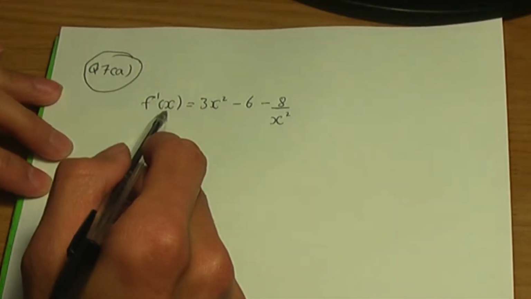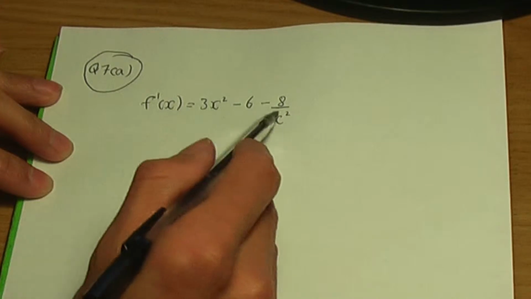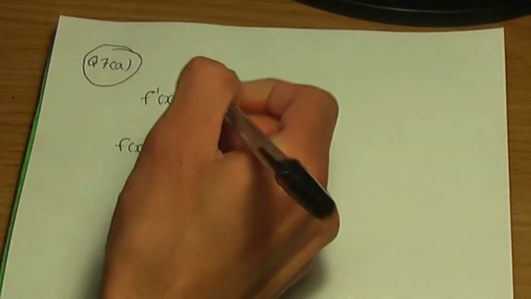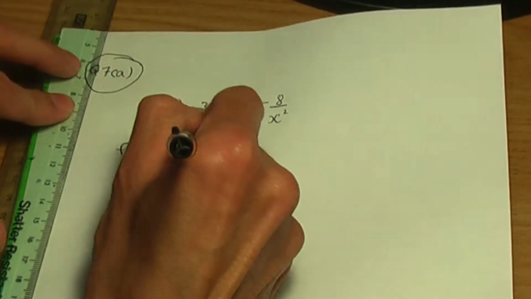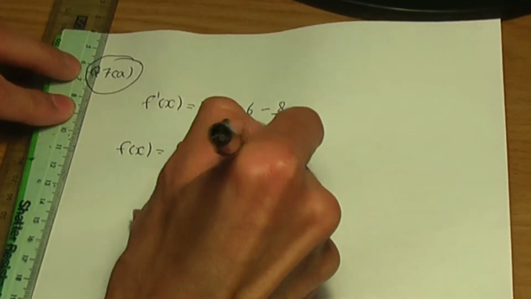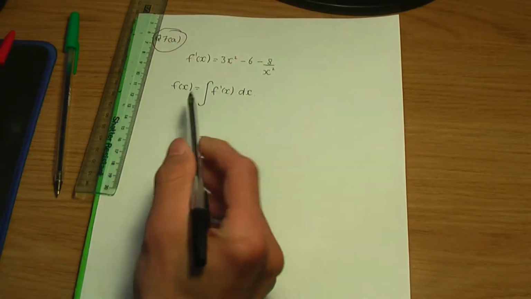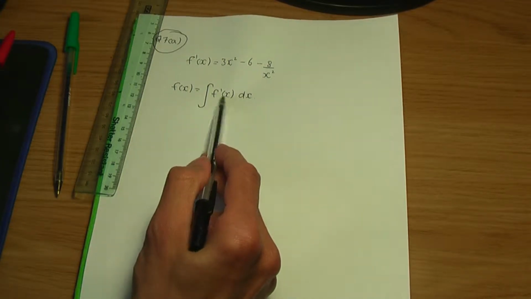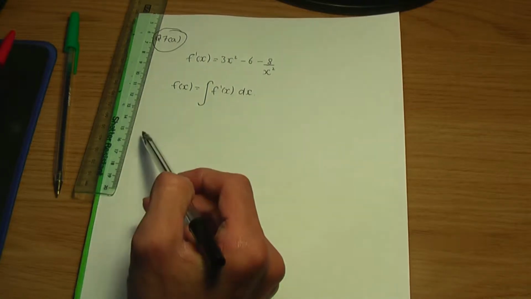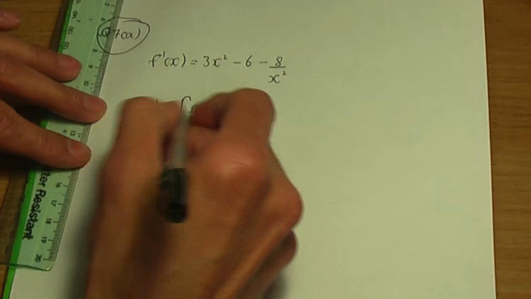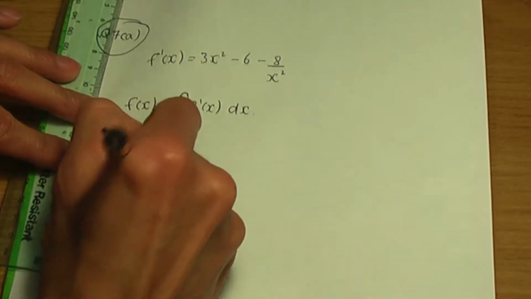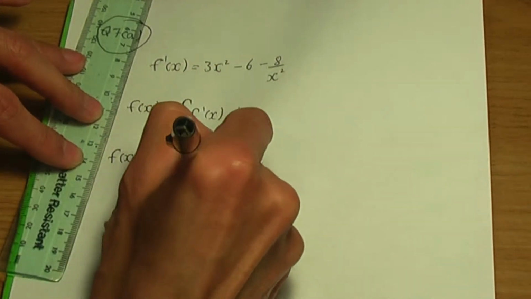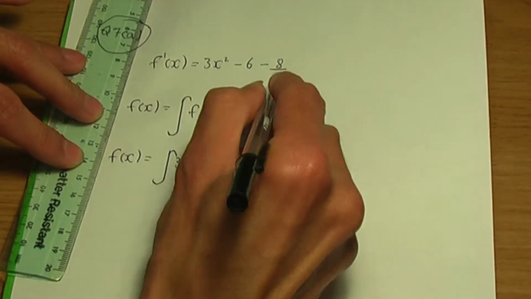So we have f prime x, which is the derivative of f of x. To work out f of x from the derivative, we need to integrate f prime x with respect to x. So we need to find f of x. We have f prime of x, the derivative, so remember, we need to integrate to find f of x. Now, let's replace f prime. So we'll have f of x, which is the integral of 3x squared minus 6 minus 8 over x squared